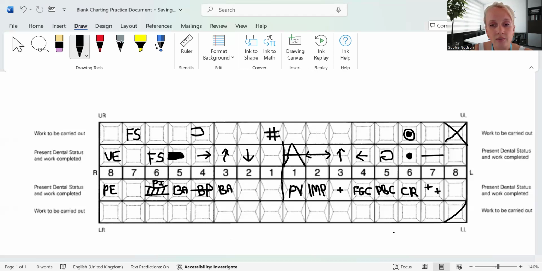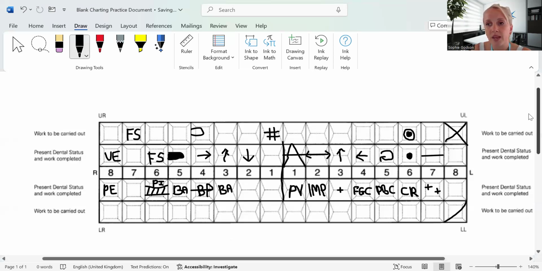I'm pretty sure that's it. I'll move on to the mixed dentition, and if I think I've forgotten anything, I'll go back over it. But obviously, once you've watched this video, if you've got any questions, or when you come to your practice documents, if there's any notations that I've not covered, please just get in contact with me and we'll go through it together. But that's pretty much all of it. And then we'll move on to